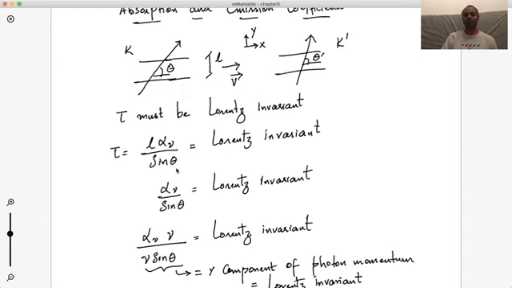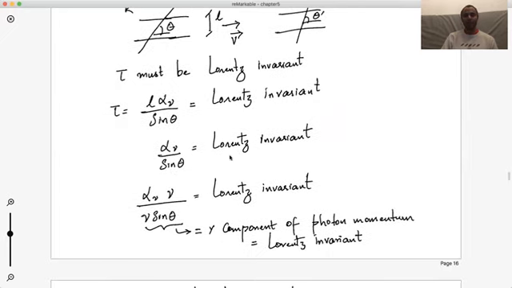If you put it as an integral, you're just casting this integral as a function of the y-axis. You can always do that for an extended medium. Of course, you would have to do an integral along the ray, but I can cast it as an integral along the y-axis and put sine theta in the denominator. It's the same thing. Okay, so alpha nu by sine theta has to be Lorentz invariant,